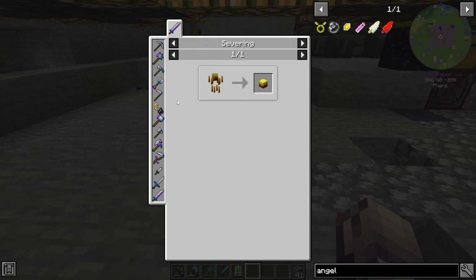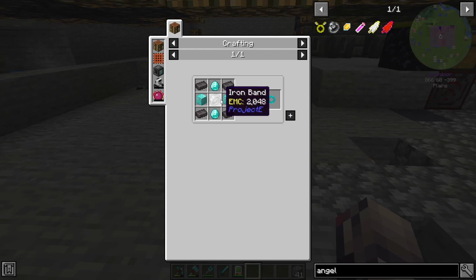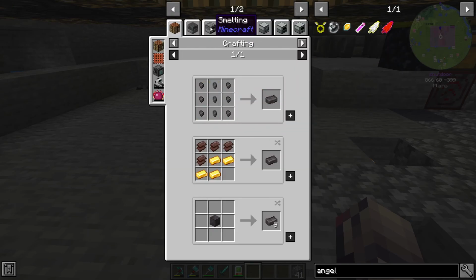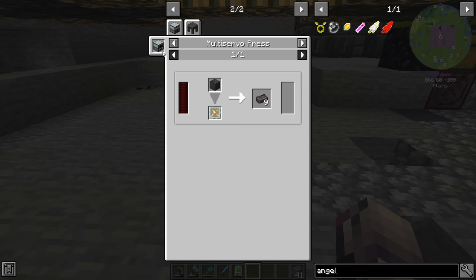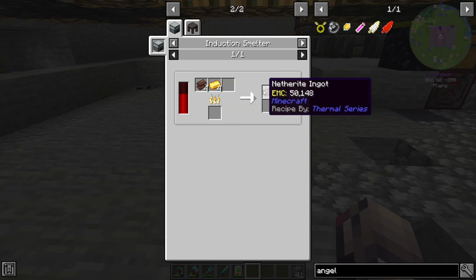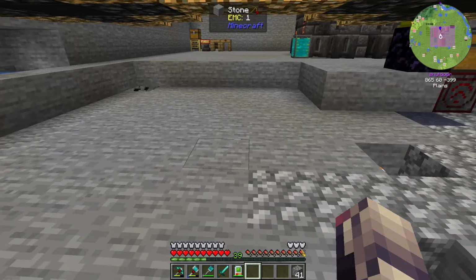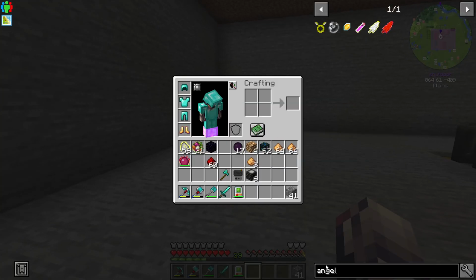Let's see here. So it doesn't look like we've got a cheap alternative for netherite, which I mean's fair. I don't really mind. We could always look into the induction smelter because that sounds like a pretty decent deal. 4 for 4. Well, I mean, that does only make 1 netherite ingot, though. So I guess we're kind of in the same boat. But then again,